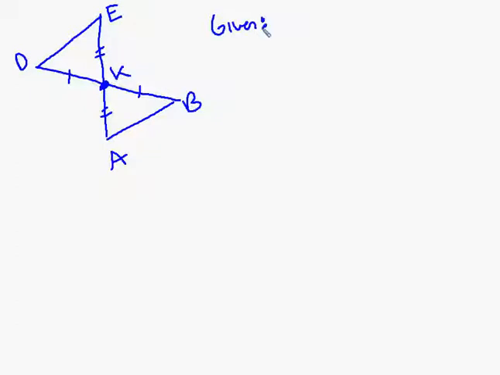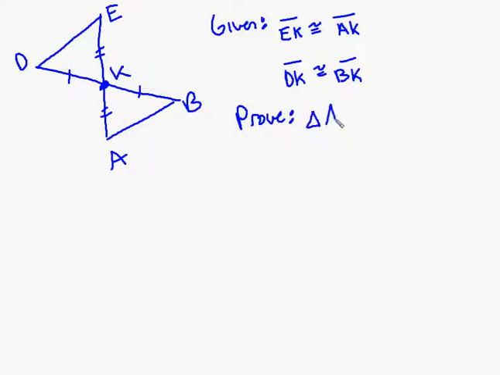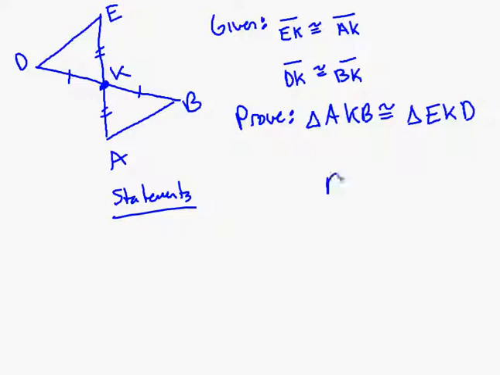Given segment EK is congruent to segment AK, and segment DK is congruent to segment BK, we are going to prove triangle AKB is congruent to triangle EKD. Again, we have to be careful of the order that we write those vertices. They have to line up the corresponding parts. So we have our statements, we have our reasons,